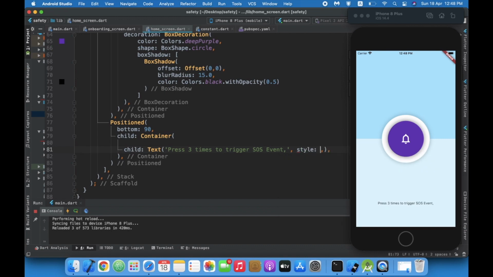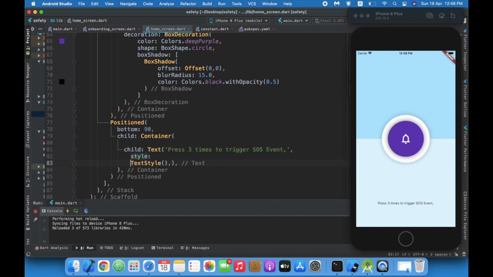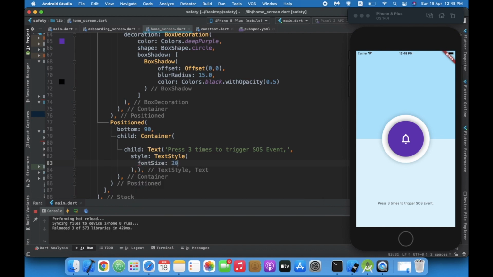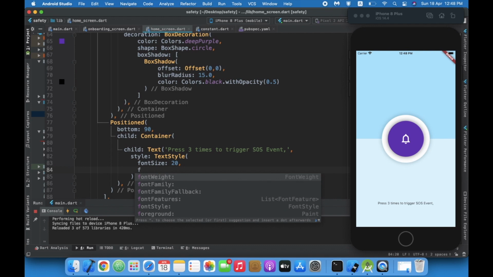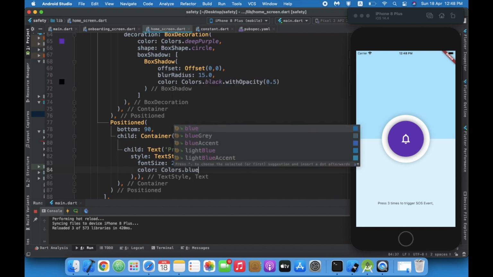Style, text style. So text style, font size 20, font colors dot blue gray.